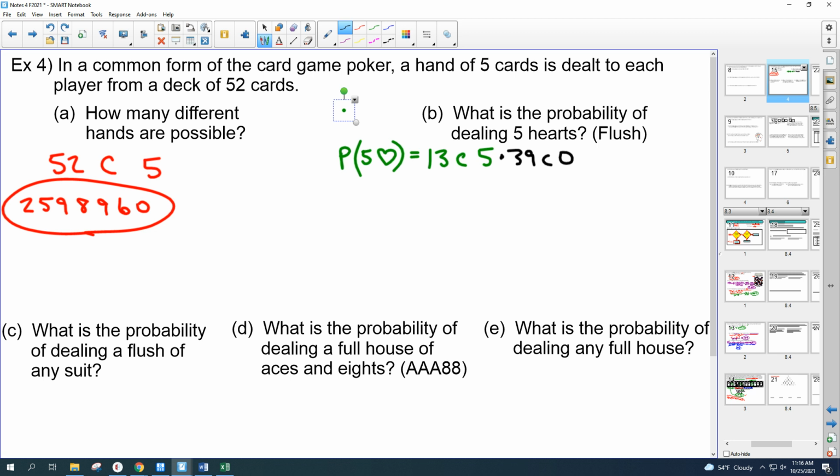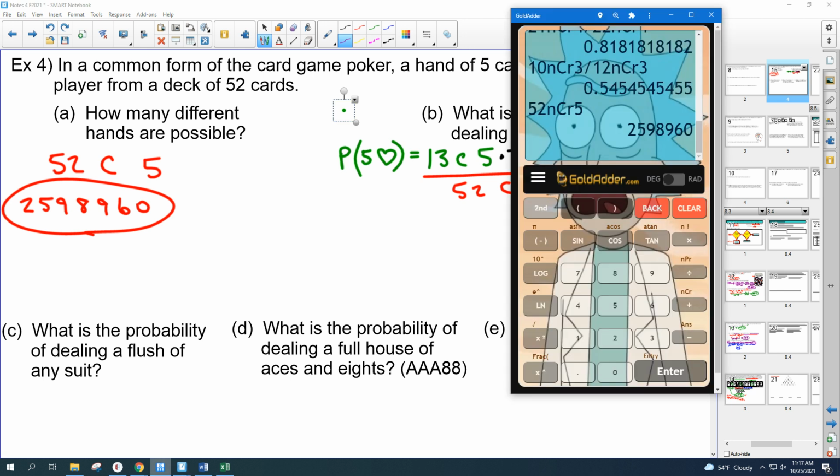But I do like what this shows me because that shows me 52 cards and I'm picking 5. It breaks it down specifically. 5 of them are hearts and 0 of them are something else. So part over total, the total is just going to be 52 choose 5. I want 5 cards total out of 52 cards total. So since 39 choose 0 is 1, I'm not going to include that in my calculator presses. I'll just go